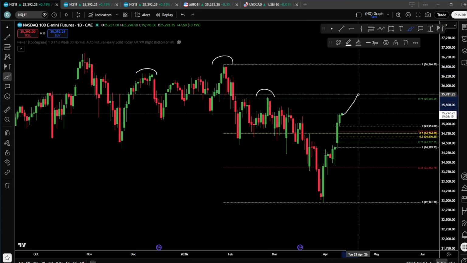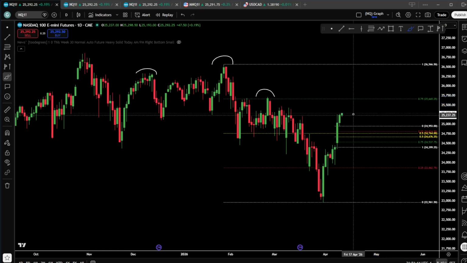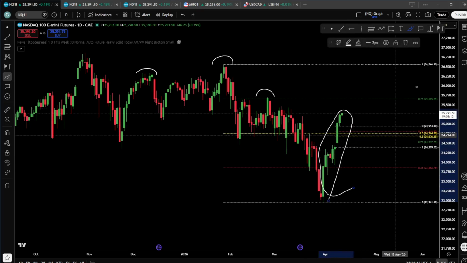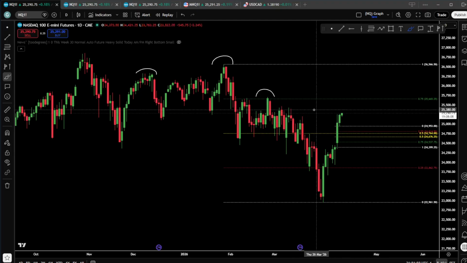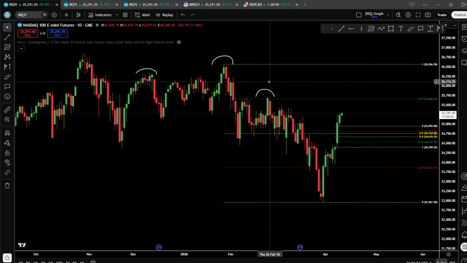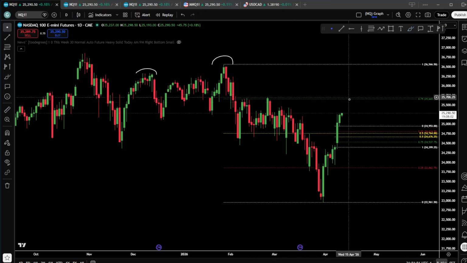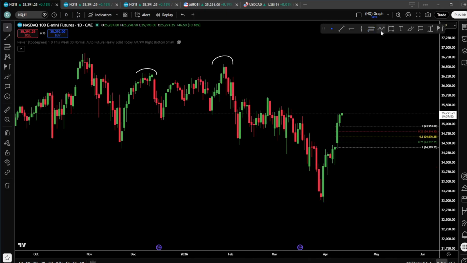So maybe as the market trades in premium, eventually it finds a consolidation phase, right? Once this current market maker buy model that we're in, since we're in the second phase of distribution, it's likely, in my opinion, to end around 75% of the range or so, more or less, a couple hundred points, because that's where the premium arrays of the range are, which is the order block. So if we look at the order block of the range,